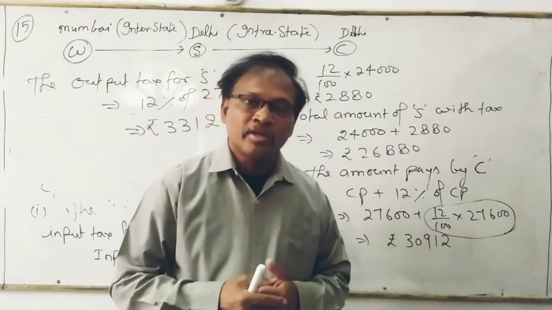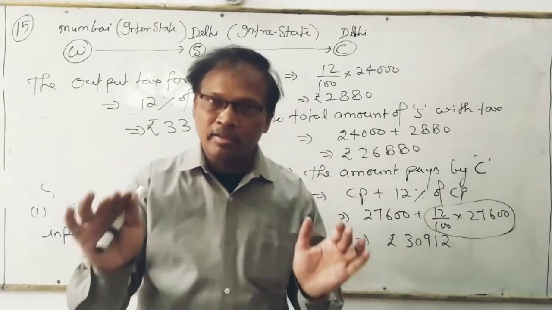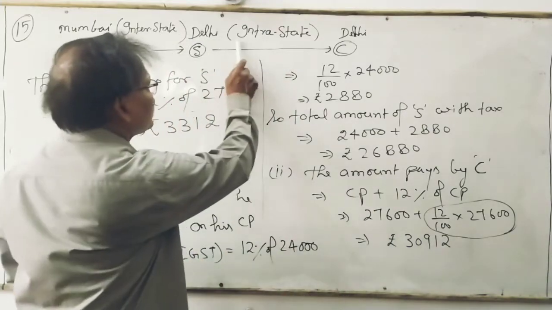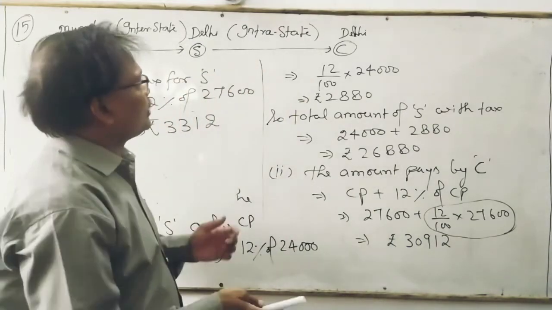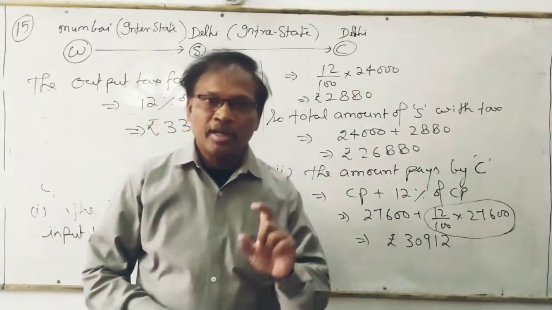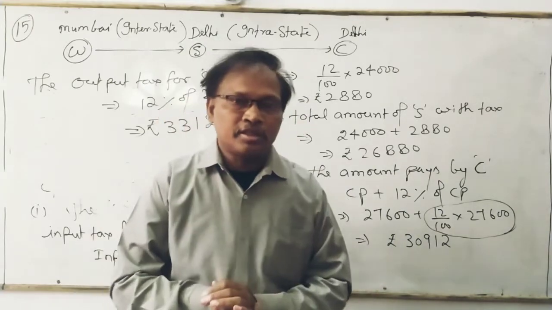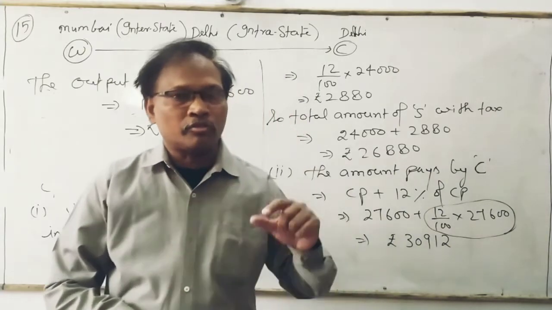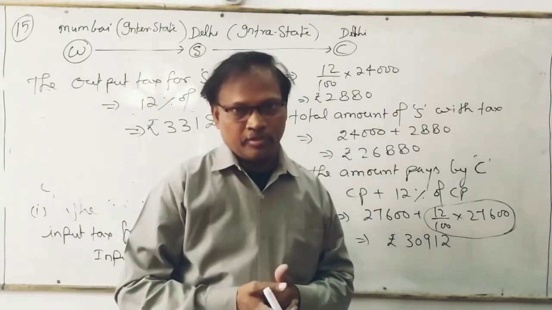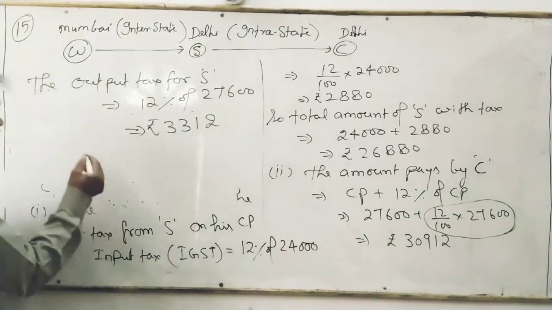In that case, you have to pay the difference of the output and input tax to the state government of Delhi because it is intra-state. So you will ask why we will not give half of the tax as CGST and half of the tax as SGST. Why will we not give the CGST? Because CGST has already been given to the wholesaler as the IGST. It is paid in the form of IGST. So in that case you will take the difference.